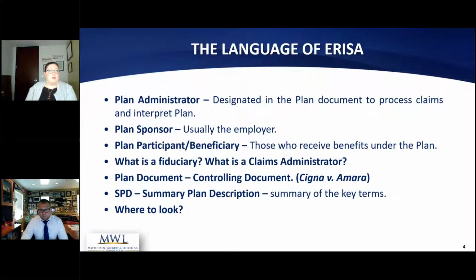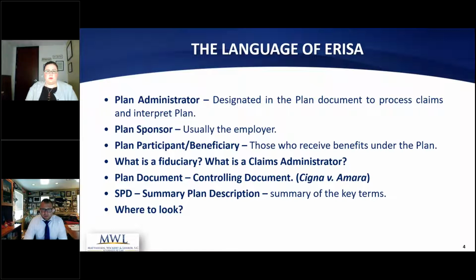So when we use the term plan administrator, we're not confusing that with a claims administrator. Those are often two separate entities, and they do separate functions. The plan administrator is very important under ERISA. At least from our standpoint as lawyers, we need to know who that is, because they're often the plaintiff if we're having to file a lawsuit, and they are specifically going to be designated within the plan document, and they're the ones that are